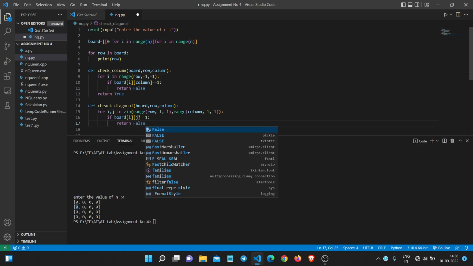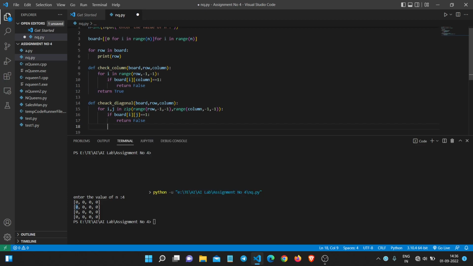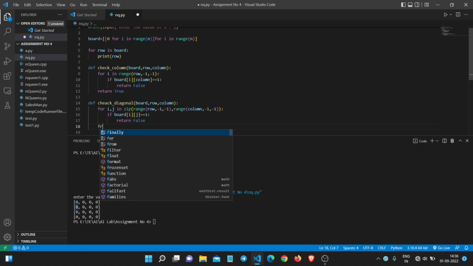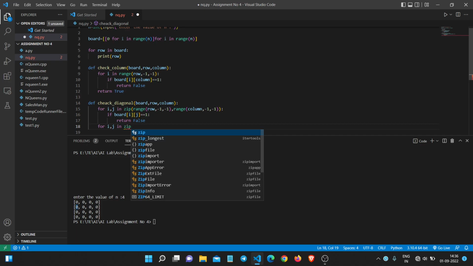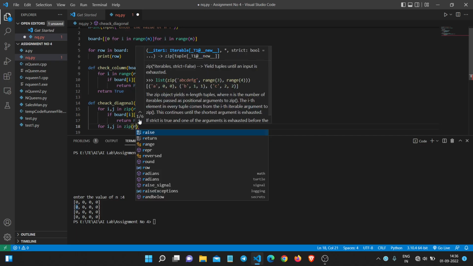Okay, here we check the top left diagonal. Let's check for the top right diagonal. Here also we use a nested for loop, that means a zip function. i, j in a zip, first range is